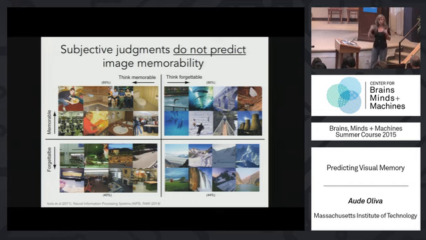We also ran those subjective memory scores, and we observed this very interesting trend that the subjective judgments do not predict image memorability. Which means that if you ask yourself, am I going to remember this? Well, basically, maybe not. So subjective judgment of what you think your memory will be, or what you think the memory of someone else will be, is not correlated with the true memory, with whatever you're going to remember or not. So this was very interesting because it shows that objective measurement is needed here in order to really get a sense of what people will remember or forget.